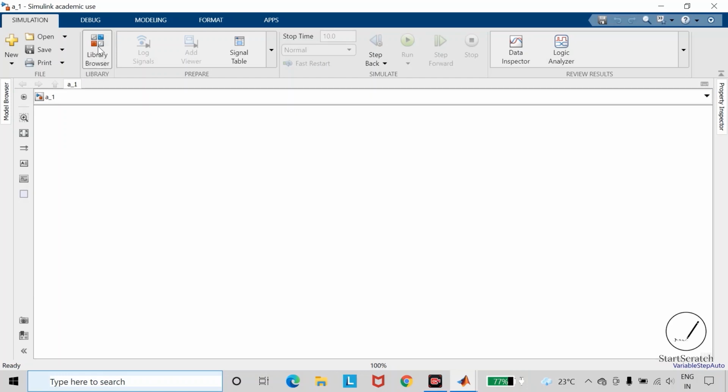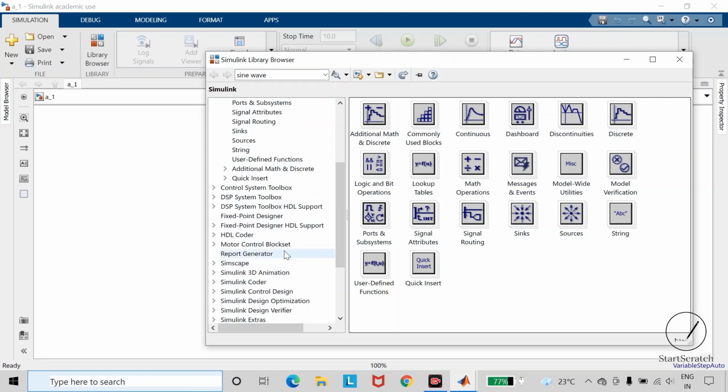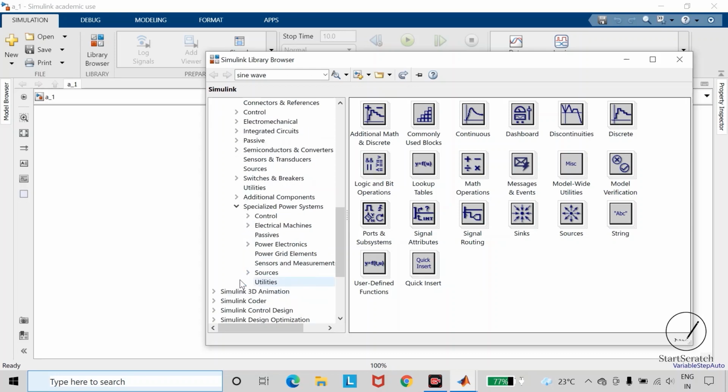Here you will find the library browser, inside which various libraries are present, and inside each library different components are present. In this course we will be using Simscape library. Just go inside this electrical and open up this specialized power system library.